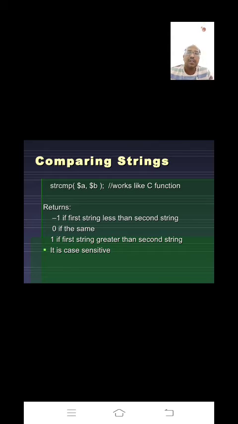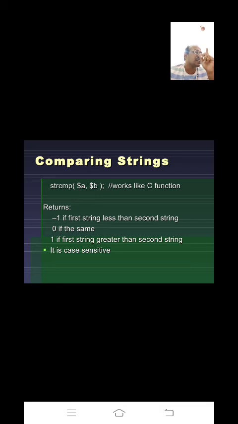It returns -1 when the first string is less than the second string. The first string's numeric value is less than the second string's numeric value, then you will get -1.